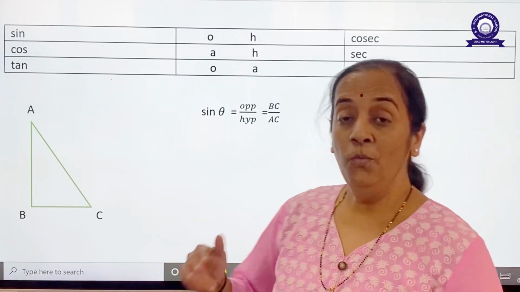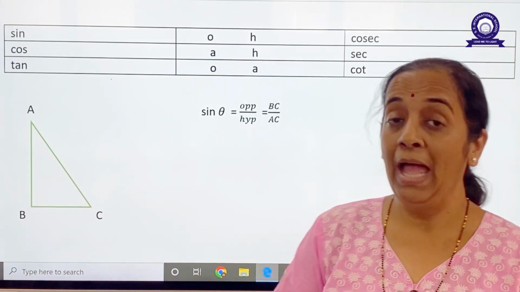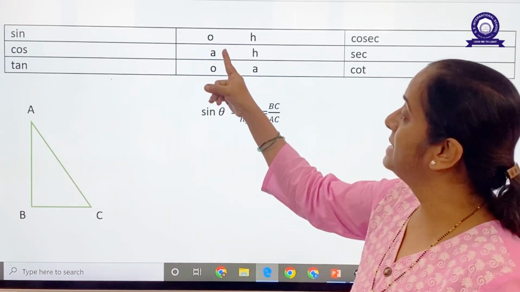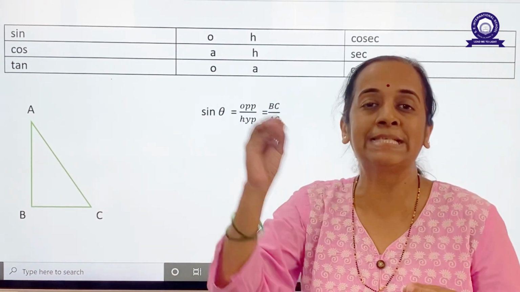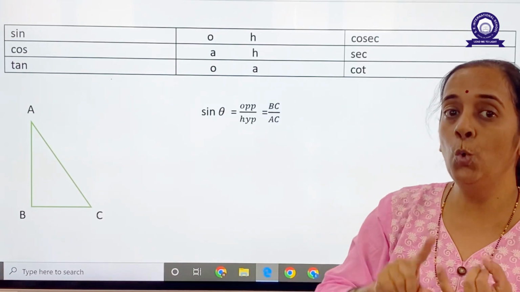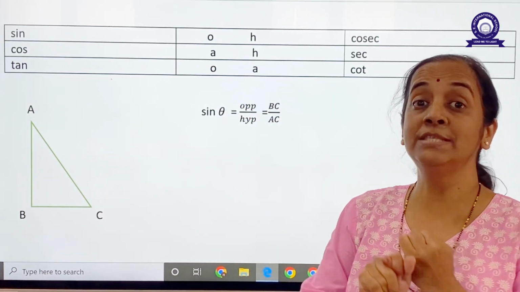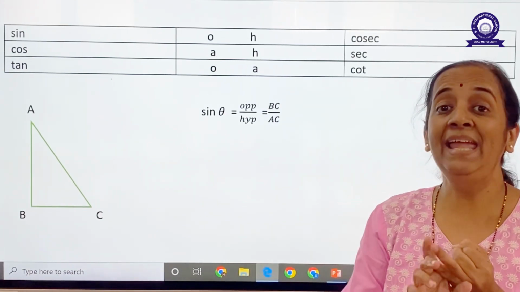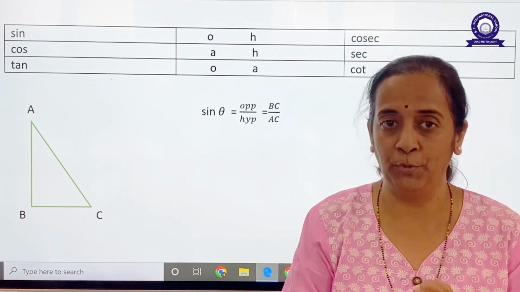Okay. Now in trigonometry, basic 6 ratios are there, and they have 6 formulas. How to keep in mind this 6 formula? By using only 3 letters, which are O, H, A. Along with this, what do you mean by O? O is the opposite side, A is the adjacent side, H is the hypotenuse.